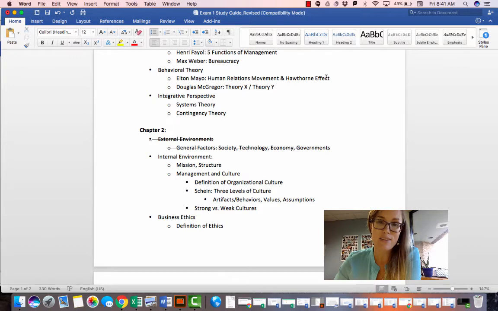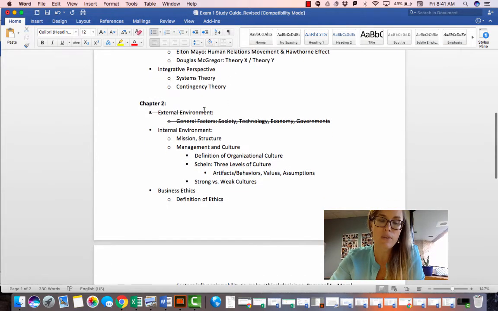And then theory X and theory Y. Remember with X, it's like, oh, we don't like to work. And theory Y is the assumption that employees do like to work, and just the differences in how that then changes the way that we manage. Systems and contingency both will be on there as well, thinking of the organization as a system, and then also